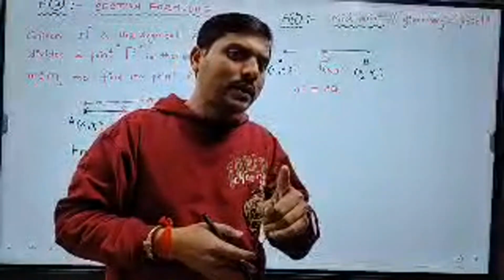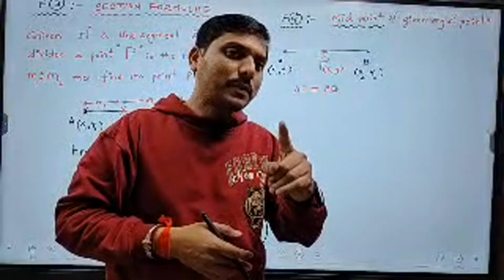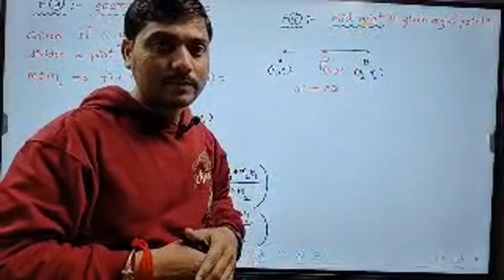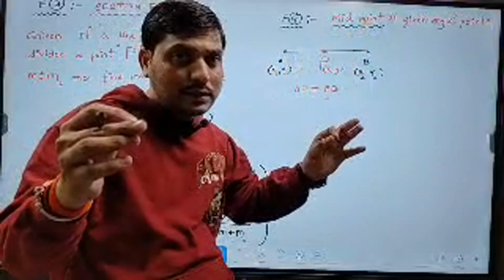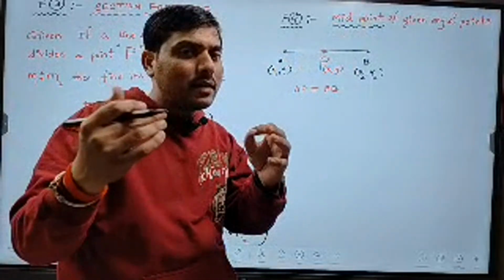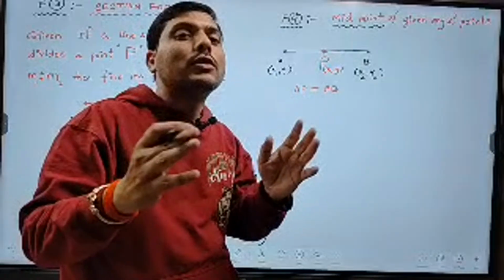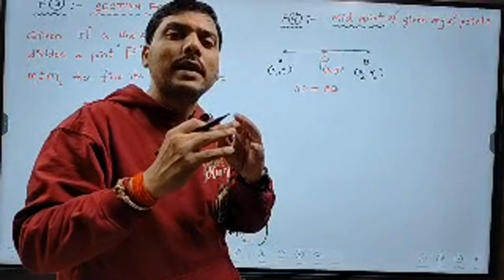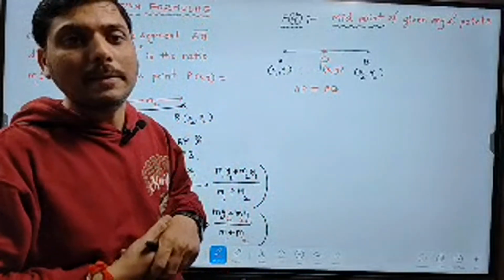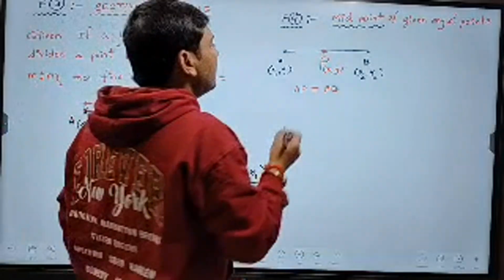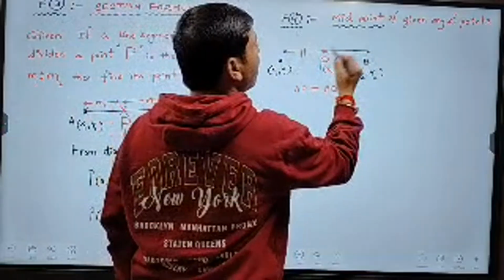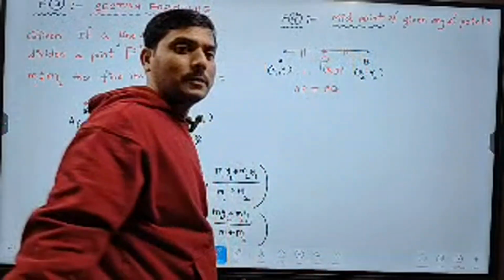Because the statement is the midpoint of line segment AB, any given 2 points A comma B. P is the midpoint; it's nothing but P's distance from A and P's distance from B are both equal. Then that P is the midpoint of points AB or line segment AB. It's clear? So this AP value,